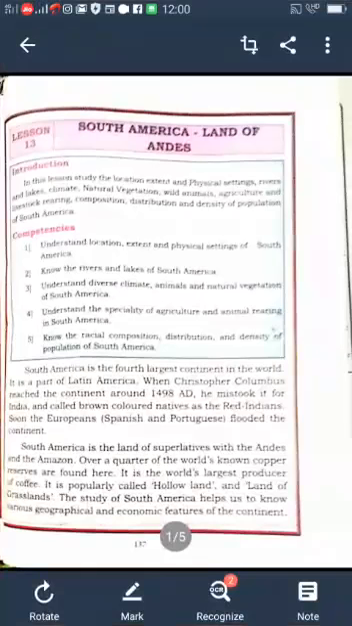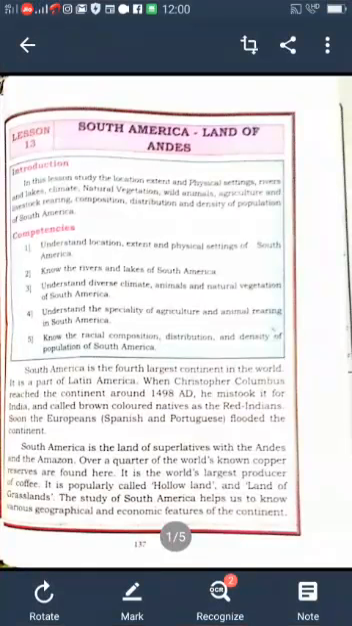Today I am going to explain the geography lesson, South America. It is also called the Land of Andes. What is the name of the lesson? The 13th lesson, South America, Land of Andes. In this lesson we study about the location,